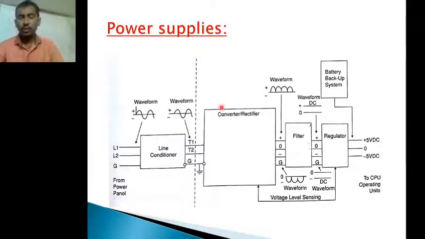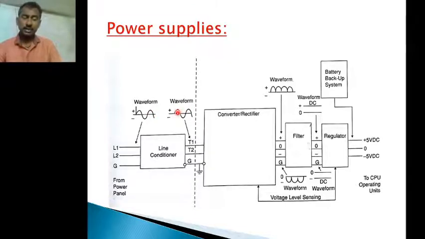So how can our power supply block achieve the 5 volts DC? Here we have two terminals, L1 and L2. These terminals will be sent to the converter circuit. If the voltage is an AC voltage, then that converter circuit is a rectifier, and if the voltage is a DC voltage, then that converter circuit is a chopper circuit, that means a DC to DC circuit. Here we consider the AC supply.